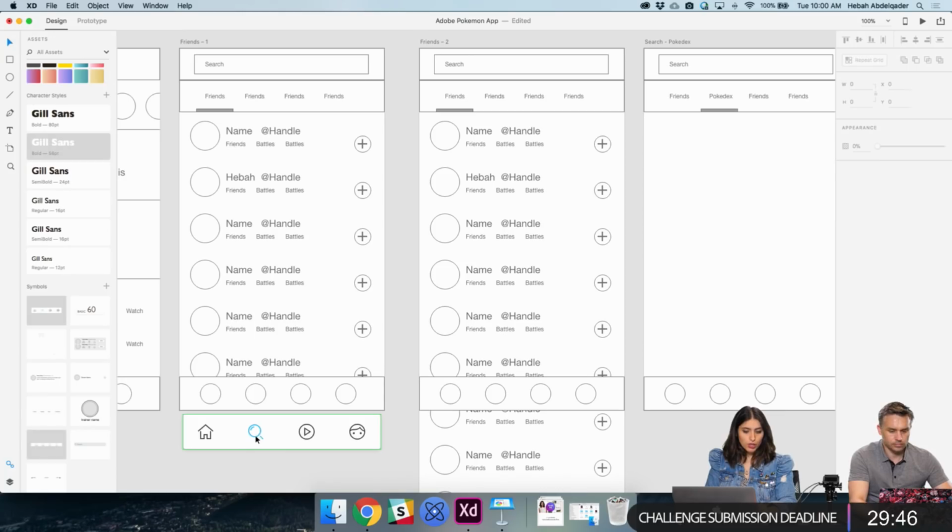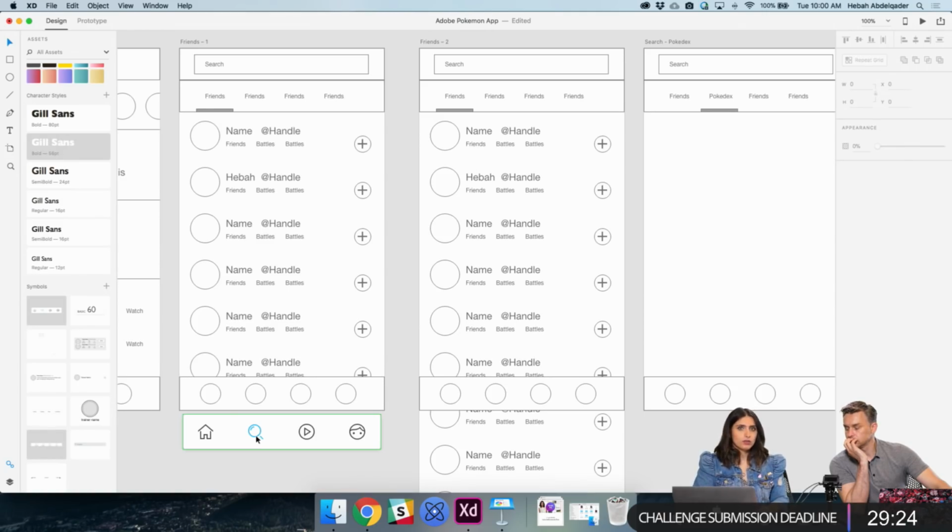Now, if I wanted to change one of these components' colors, it'll basically auto change all over the different artboards that I have. Can you imagine when you're working on an app and one flow could be like 10 pages, and if you have hundreds of those and you just need to change your main color in the app, going in and changing each one of them is just a pain in the butt. So the fact that you can change it once and it'll change everywhere is ideal.